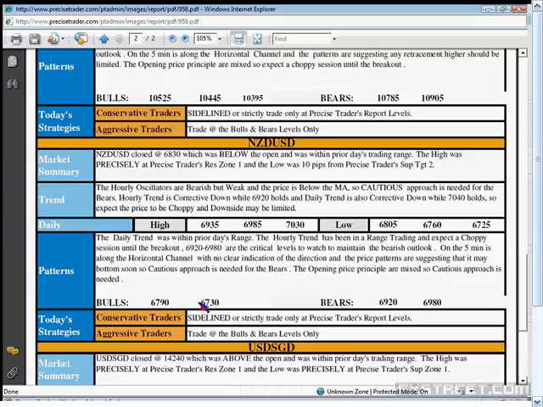So when we say cautious, there are two things which we can do. One is you can stay away from the market, or you take a trade, make 20-30 pips, and what I suggest is try to book your profits. That should be the way to interpret this sentence and look forward to take a trade.